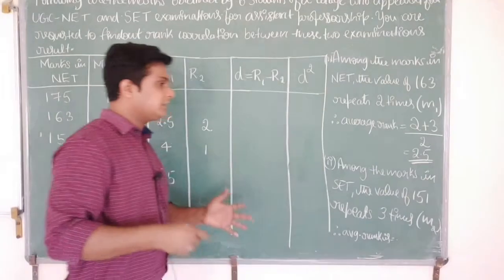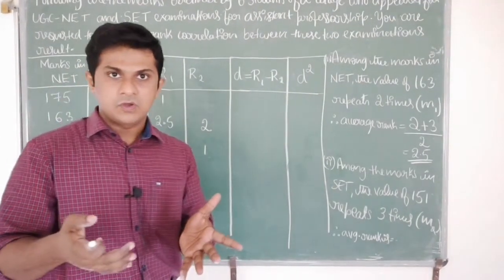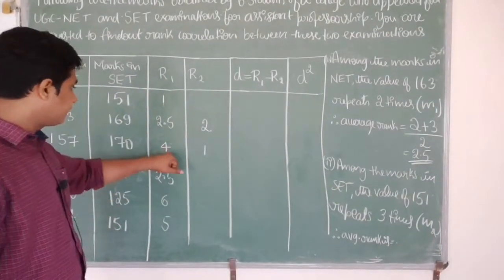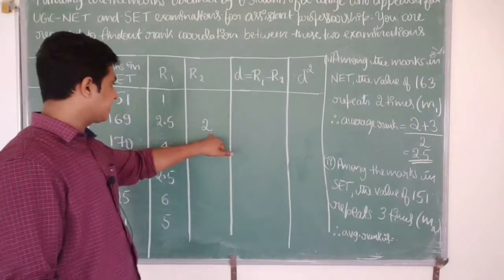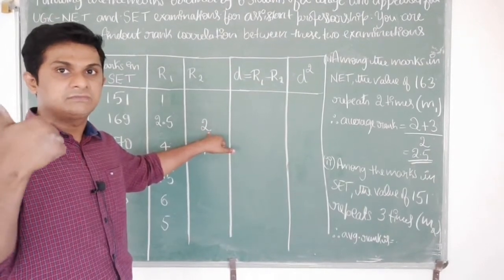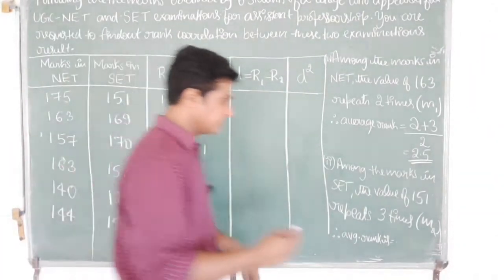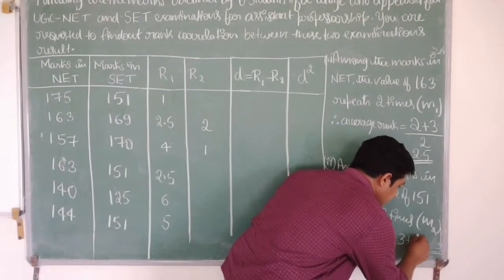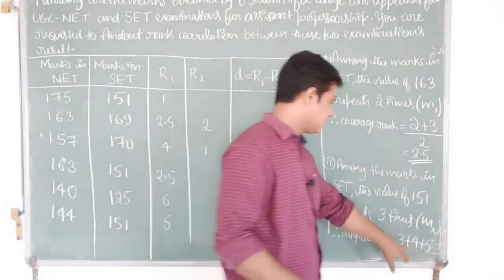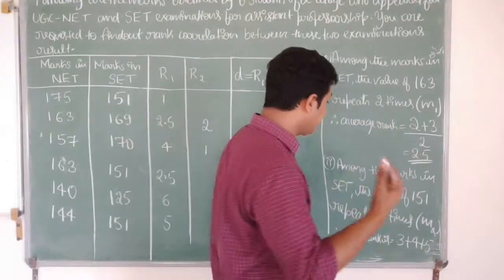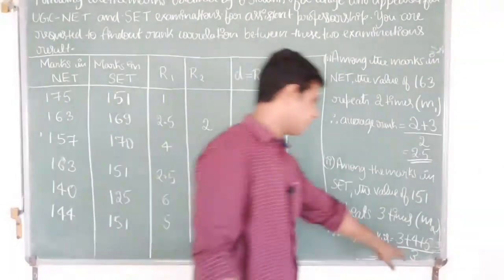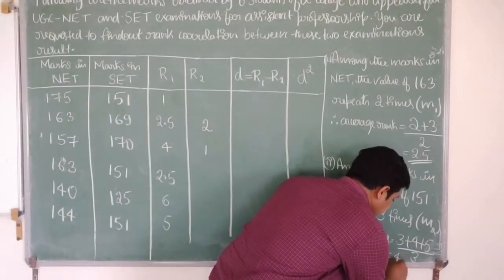Now let us assume, what if the ranks are not repeating? What rank would I allot to these 3 students? I have already allotted fourth rank and second rank. So for the next 3 students, I am supposed to allot third rank, fourth rank, and fifth rank. So now I need to calculate the average of this: 3 plus 4 plus 5 divided by how many times? That is 3 students, so 3 times it has repeated. So divided by 3. In that case, average rank will be 4.